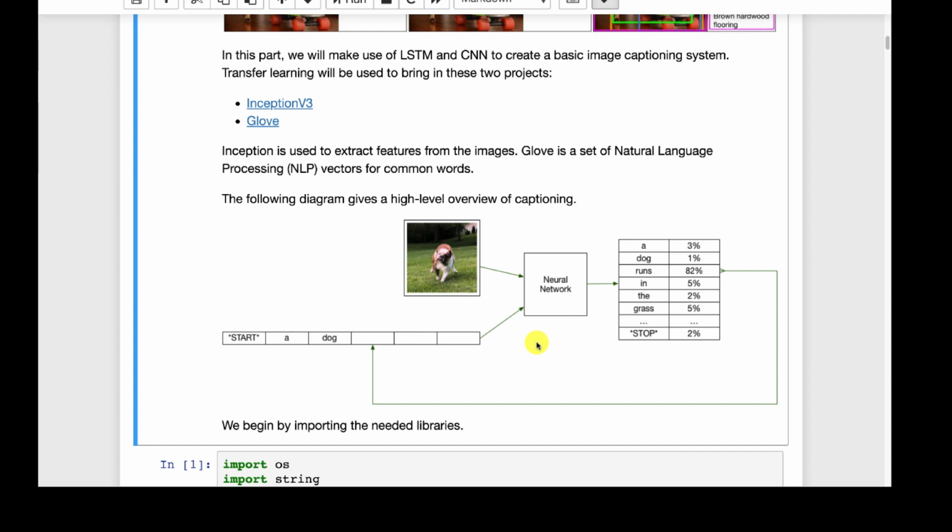Now, previously, what we would do when we were generating the nonsense sentences is we would put in maybe 20 characters. Well, now we're not doing this character-based. We're doing it word-based. We could do captions character-based. It would require potentially more training, and this is just simply the technique I am using at this point. If you'd like to try it in character-based, I definitely encourage you, and I'd be curious to see what results you got. You could definitely use this code as a starting point for this,